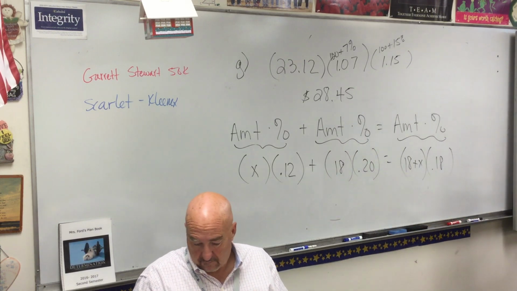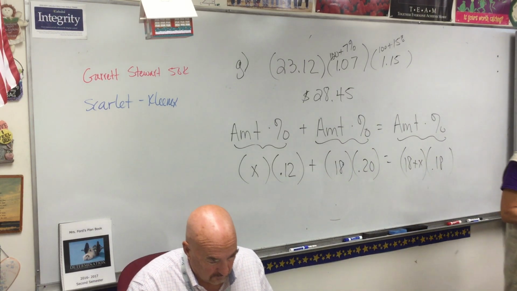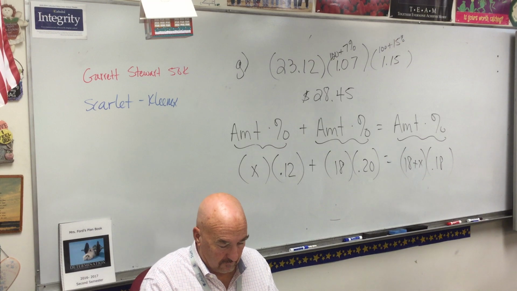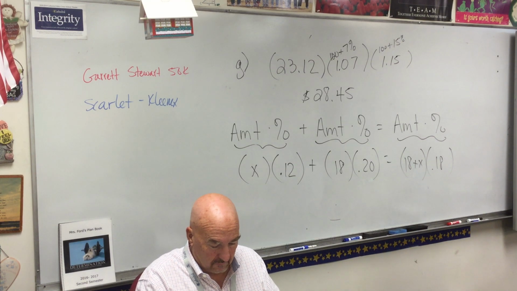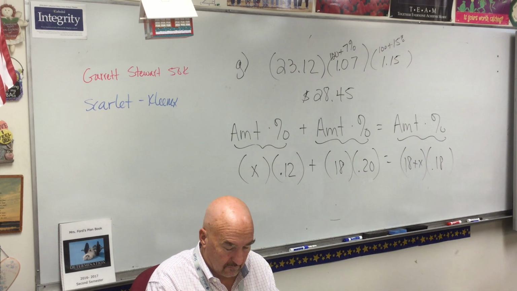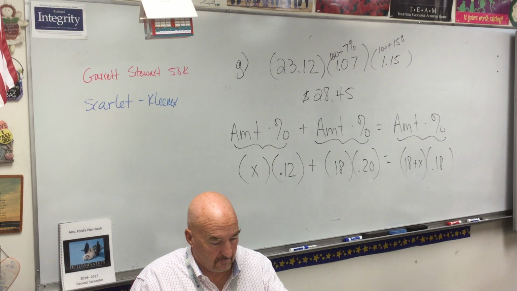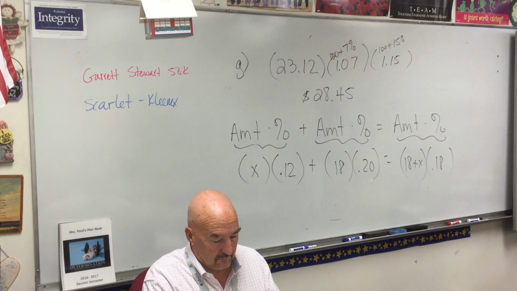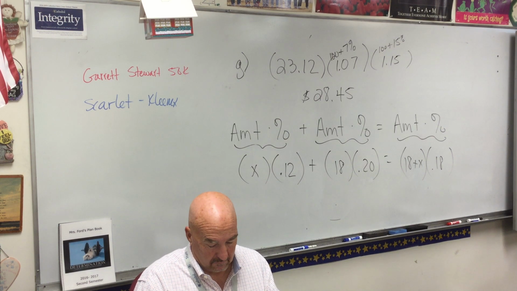So if that's at all confusing to you, I want you to think, what if I had 7 pink and 6 red? How much would I have all together? 13, right? 7 plus 6, when you just add them. So I have 18 and X. I'm just going to add them. And I did 18 plus X. Okay? Now,